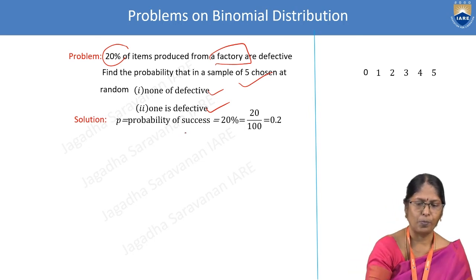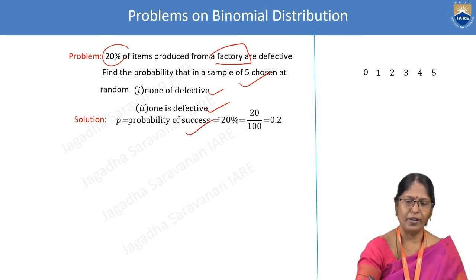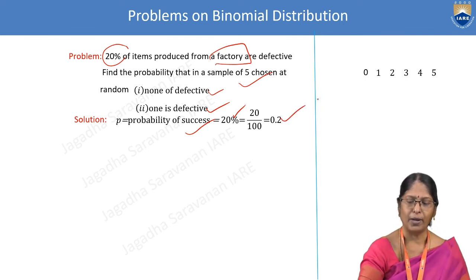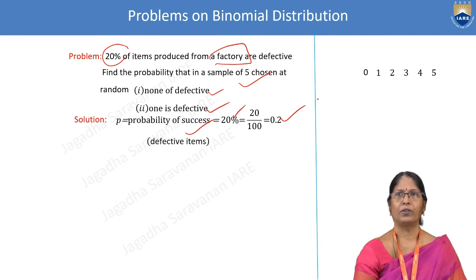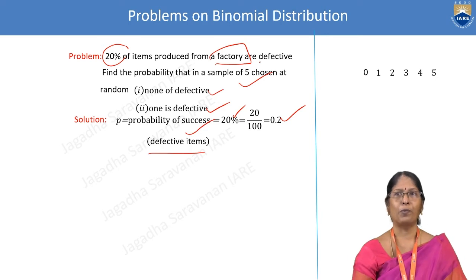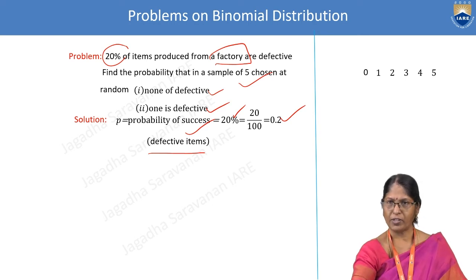Now, the probability of success is 20%. That is 20 by 100, which is nothing but 0.2 for defective items. That told you what the probability of success is. With a presentation like this, we can easily decide whether the problem comes under binomial or not. This way of presenting step by step, we are able to proceed, and then the problem comes under binomial, because there